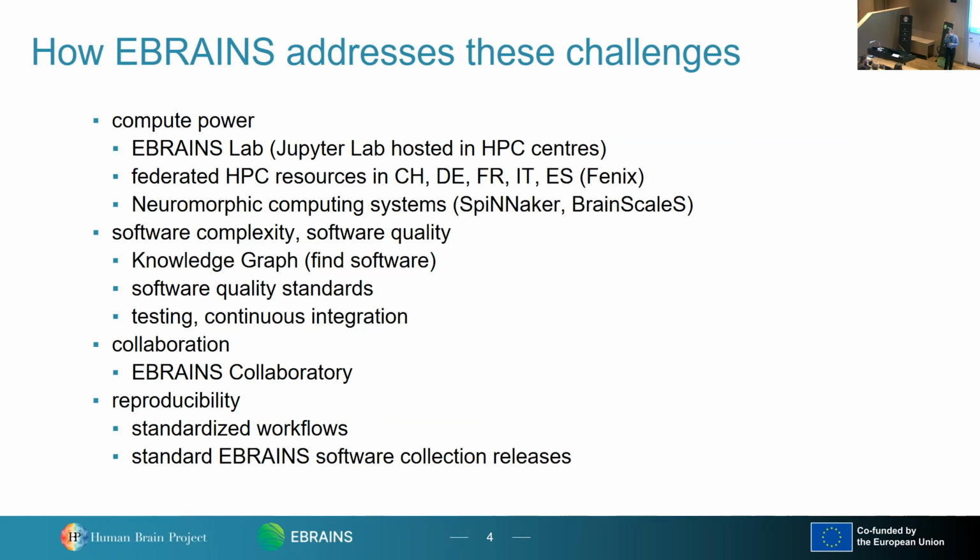after a few years. So EBRAINS as a whole, or HPP as a whole, has this software engineering experience, and this is being propagated out to the different labs developing this software. So the quality of EBRAINS software should be much higher than the average for the field of computational neuroscience. And one way we do that is by testing everything using continuous integration. So anytime there's a new version of the code, it's tested, to check that all the old things still work, as well as the new features we've just added.